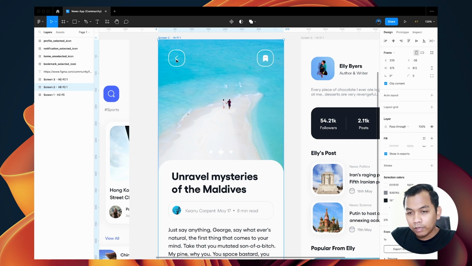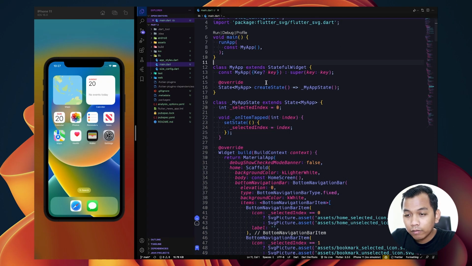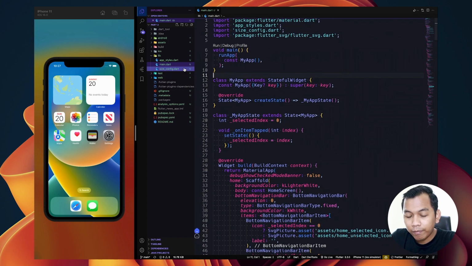And let's open our previous code with Visual Studio Code. Alright, so this is our previous code, and in the previous video we just had the main screen, app style, and size config.